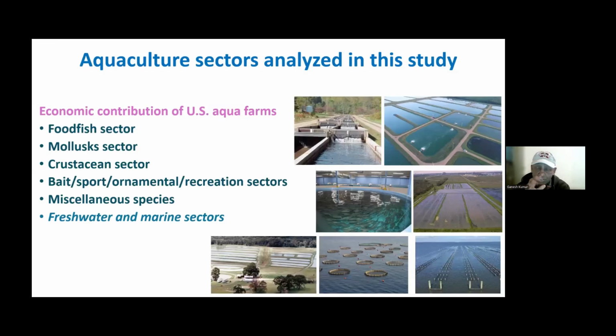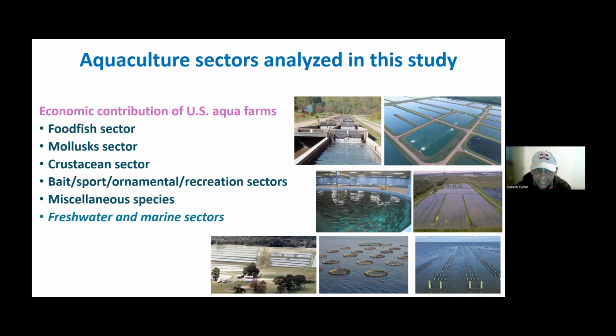As I said, aquaculture in the United States is quite diversified. We can quantify them into major 5 or 6 groups. One is the food fish sector, which is dominated by some major players like catfish and trout. Mollusk sectors, which include oysters and clams and mussels. Crustacean sector, really dominated by the Louisiana crawfish industry. Baitfish, sport fish, ornamental and recreational trout sectors can be combined into one particular sector in general. And also there are miscellaneous species like alligators and turtles and eels, all those miscellaneous species that are not typically called prominent species, can also be grouped